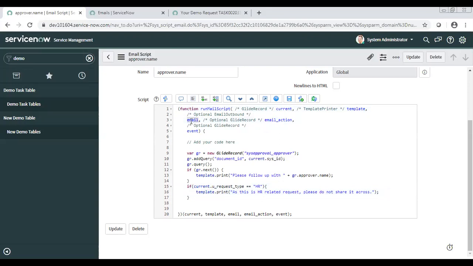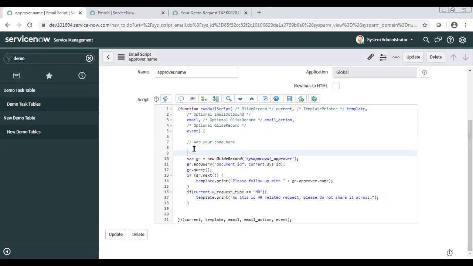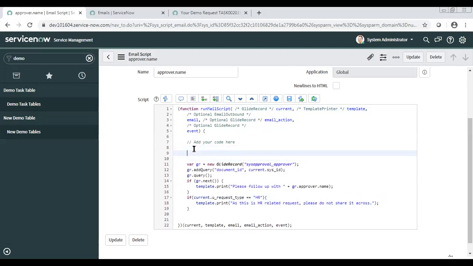Then email is something we are not using. If you want to override the subject as well, let's say if it is HR type specific cases, maybe if it is an HR type request, you want the subject to be different from what is going for every request. It should be something else.